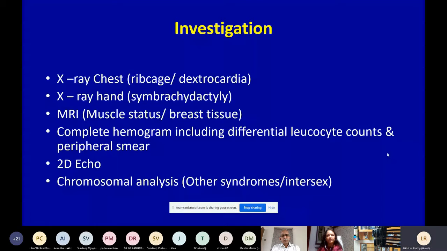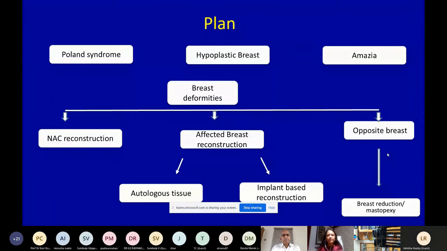Would you consider a CT scan at all? Sir, in this patient, not really. Only if there is a pectus excavatum in that patient, I would like to get a CT scan, sir. Okay. Let's say if you have a chest wall deformity, not in this patient, along with Poland, could you do anything through CT that will be helpful for considering a treatment option? With the advancement in CT imaging technology, can you get some more information about the chest wall deformity?